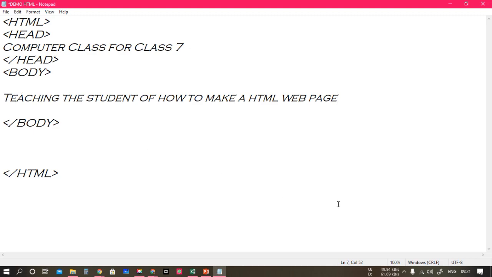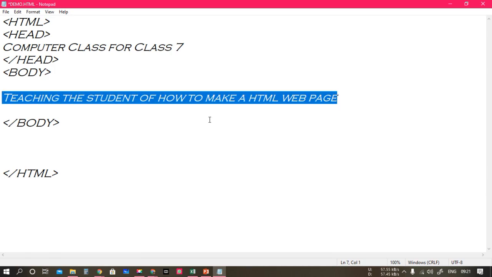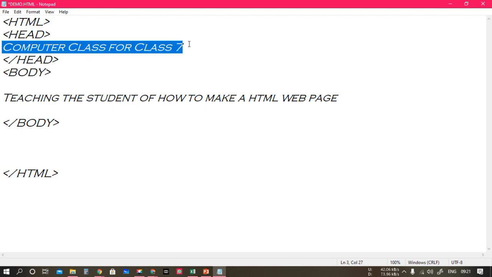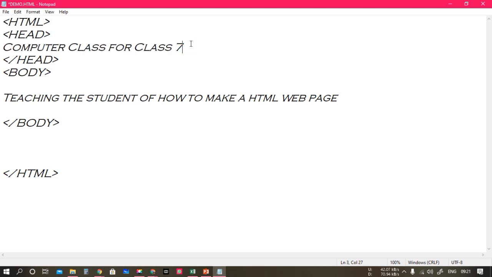You can type anything you want, you don't have to put any semicolon, comma, nothing. Same goes here also, computer class for class 7. Here also there is no limit, you can write as much as you want. Same goes for the body also.